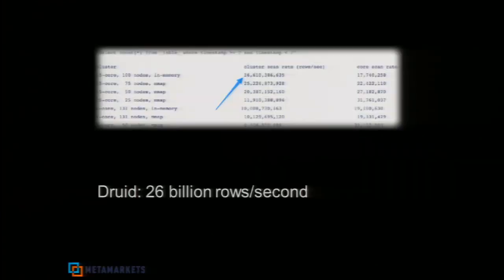And so we have 3 instances where we tell you what you're on. They're 2 Nehalem-based, and this is Sandy Bridge-based. It's not just for HPC. A good example of the kind of performance you can get for non-HPC applications is Druid, which is a real-time database that's provided by MetaMarkets. I believe it's open source now. And they were being able to, with a 100-node cluster of these, do 26 billion rows a second, partly because of the high bandwidth between the nodes. And you get 64 gigs of RAM per instance as well, and about 3.5 terabytes of storage.